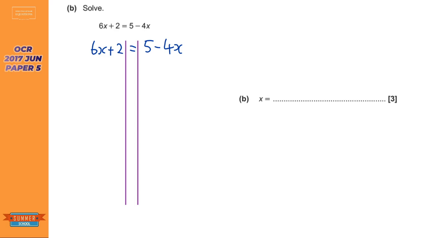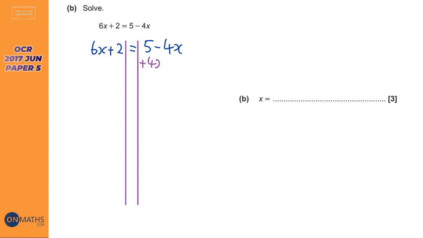Now, the rule I always have is I always want to remove the smaller amount of x. So on the left I've got 6x, on the right I've got minus 4x, where a negative is always going to be less than a positive, right? So I want to get rid of that minus 4x. So I've got to ask myself, what do I have to do to the right hand side to get rid of the minus 4x? Well, I'm going to have to